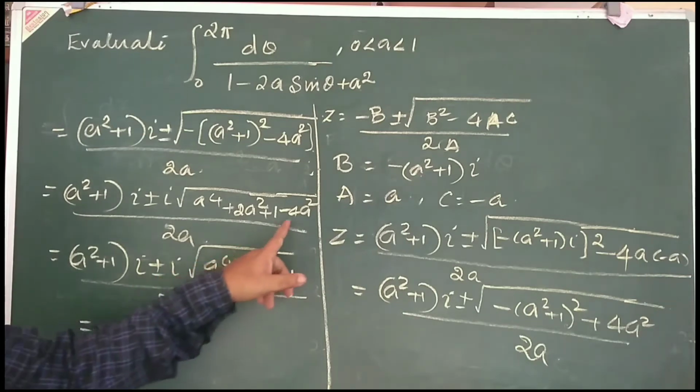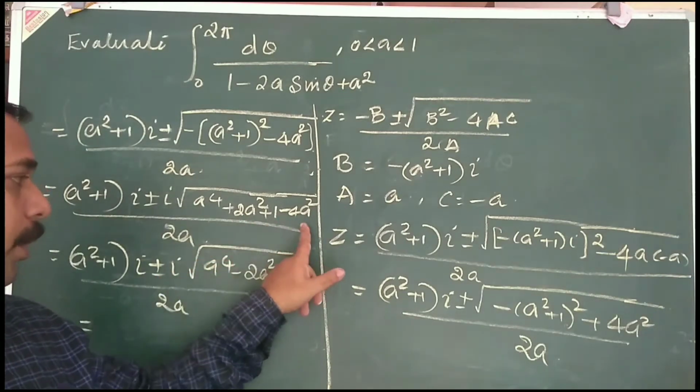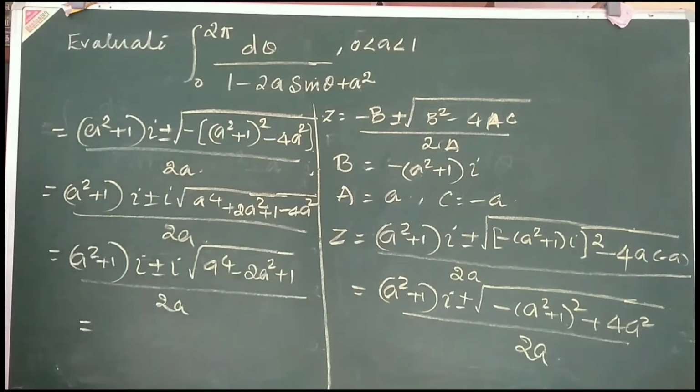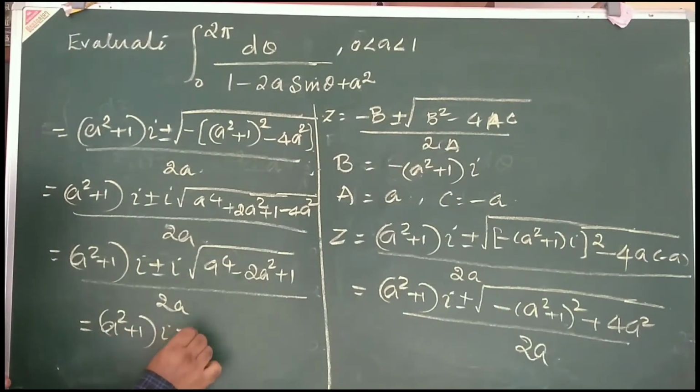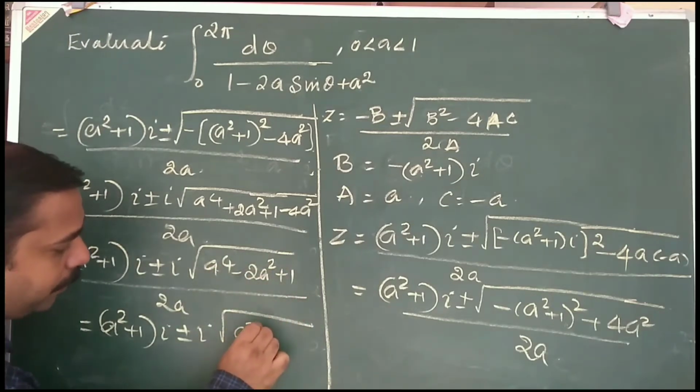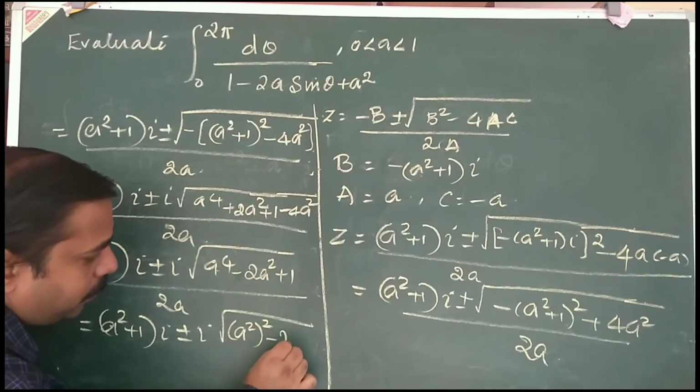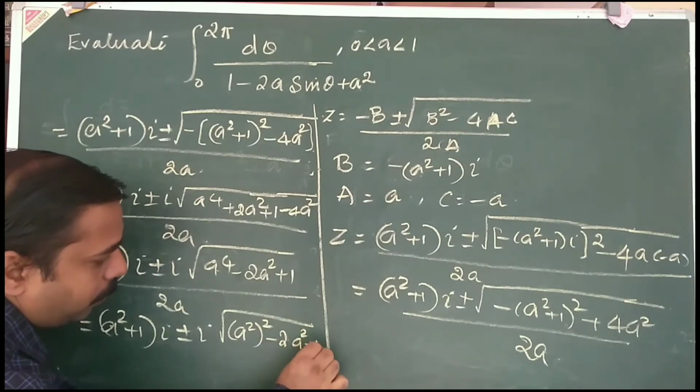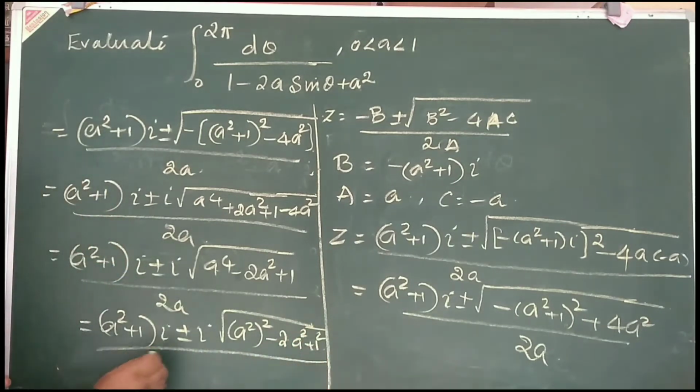Because we have the same power, 4a² and 2a², so 2a² minus 4a² is equal to minus 2a². So this is equal to (a² + 1)i ± i into, once again we can write this as ((a²)² − 2(a² + 1)²) divided by 2a. Now this is of the form a² − 2ab + b². So this is equal to